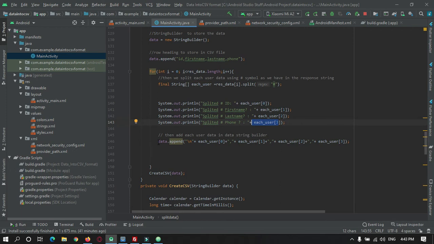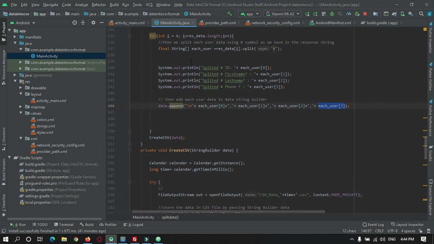Phone, and then we are appending into a string builder by using append. Here we are going to pass ID, first name, last name, and phone number.